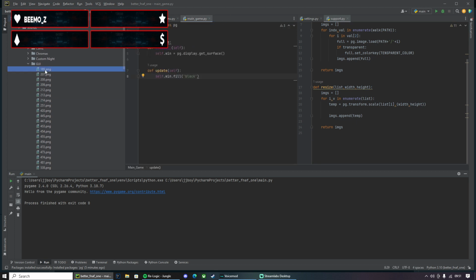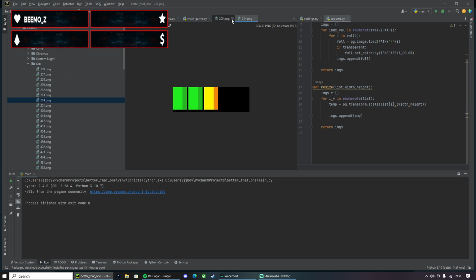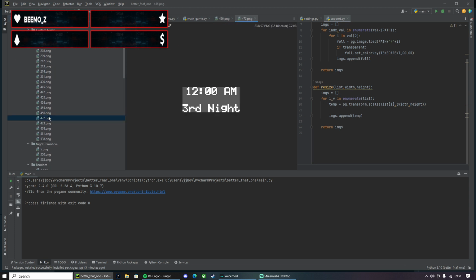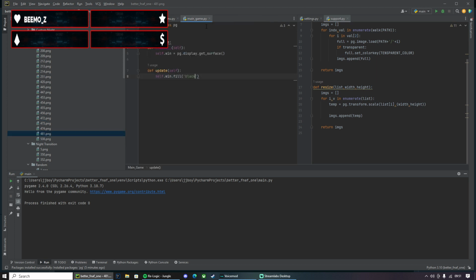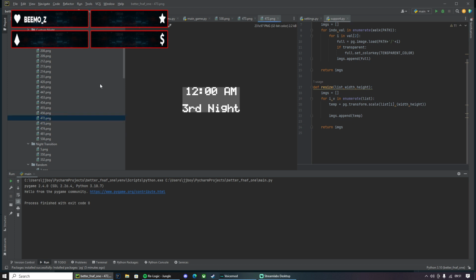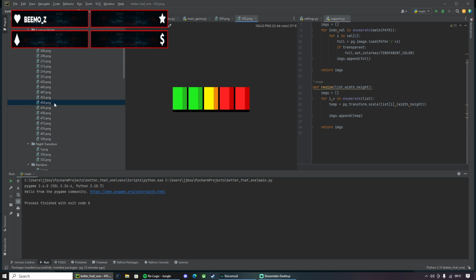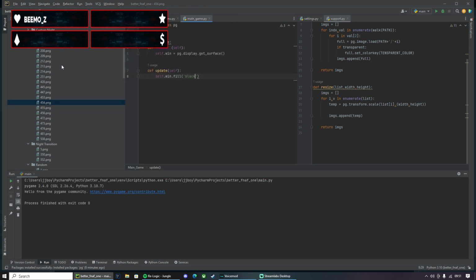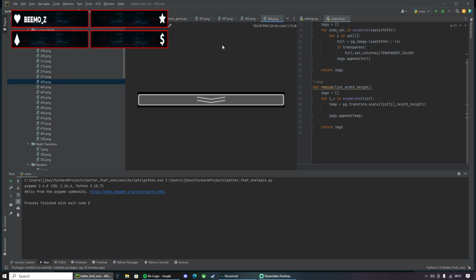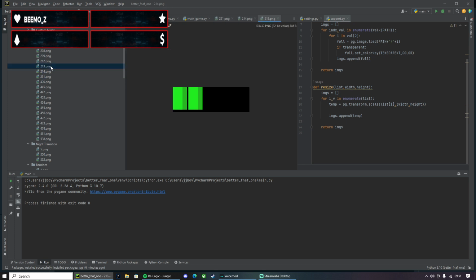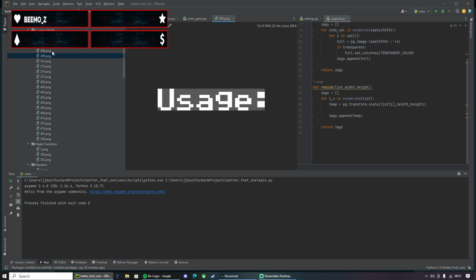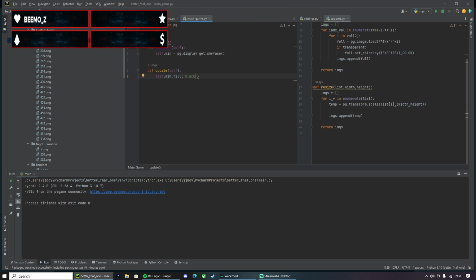Camera, custom light, it's probably like GUI. No. I'm going to have to really sort this out. Completely lost, where is it?